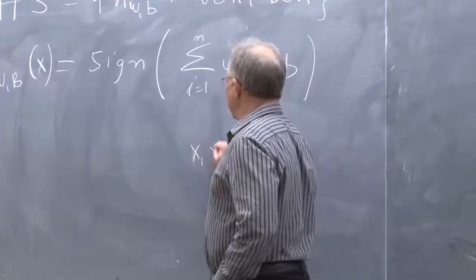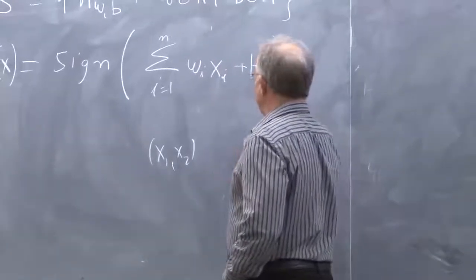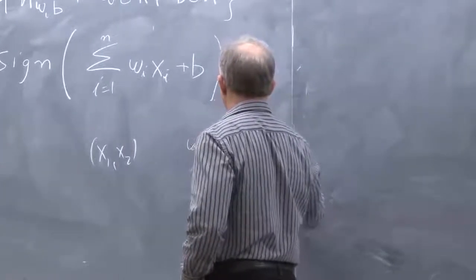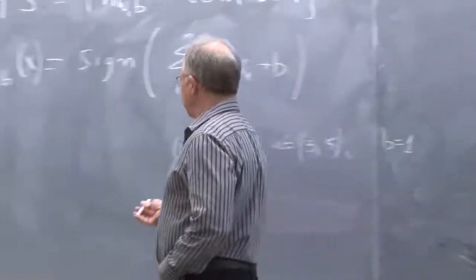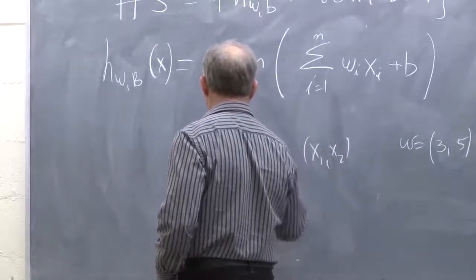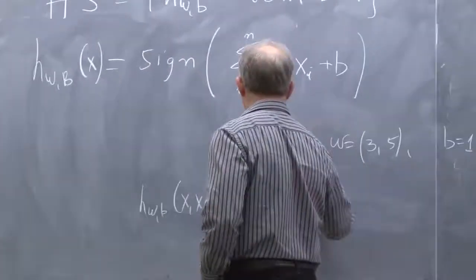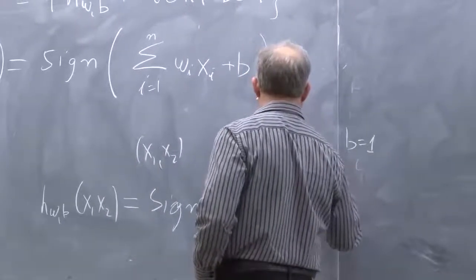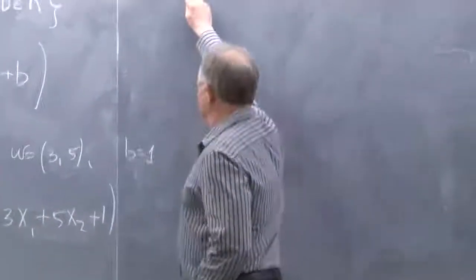If I have a point x1, x2, and I have some weight vector, which is, say, (3, 5), and b equals 1, then h_{w,b} of my point x1, x2 is just the sign of 3 times x1 plus 5 times x2 plus 1, which is the same as saying I look at this half space,